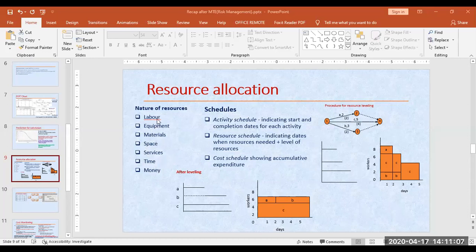Time: to do a particular task, some span of time is required. There is a time when the task is going to start, and there is a time when this task is going to end. The difference between these times is known as the time consumed. Money: to do a particular task, we are going to utilize material, equipment, labor, space. For everything I have to pay, so definitely this is money. This way you can discuss all these 7 points.